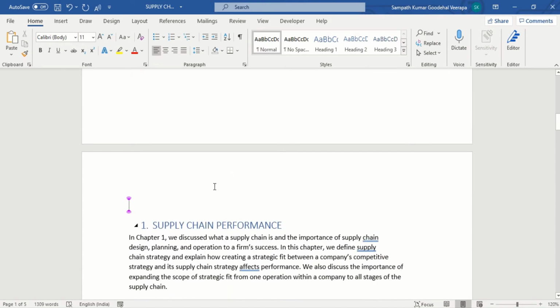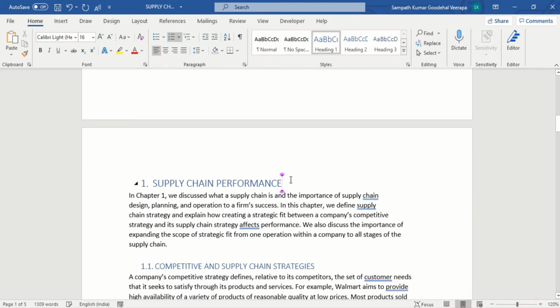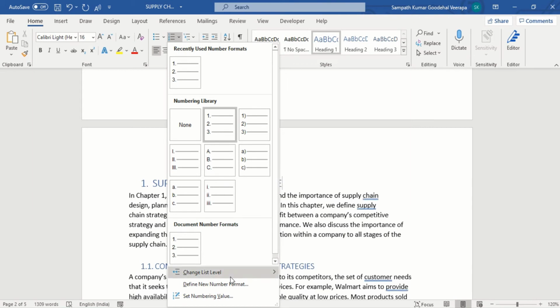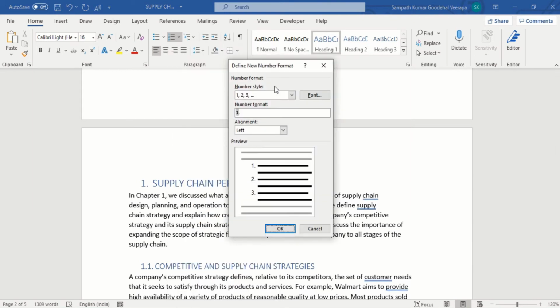Now I want to add the word Chapter in front of the number. I can go to numbering and click on define new number format. Here we can select any style, so type Chapter, select our numbering style 1, 2, 3, and click on OK.